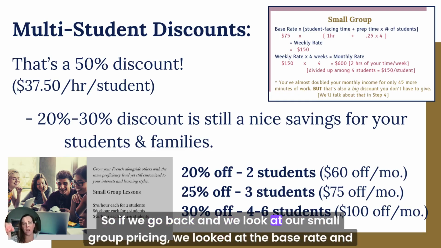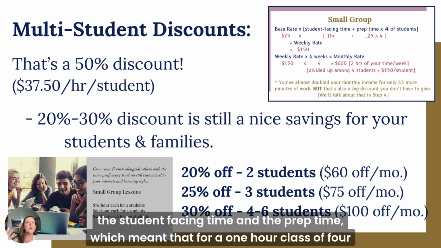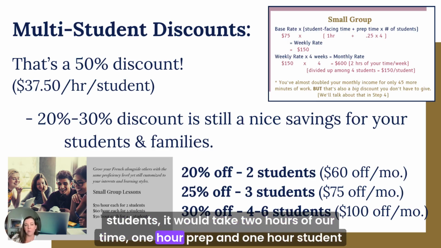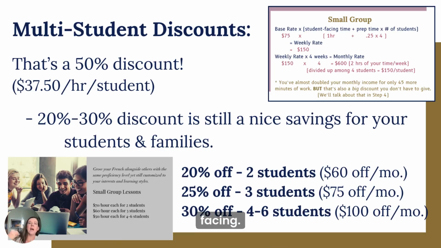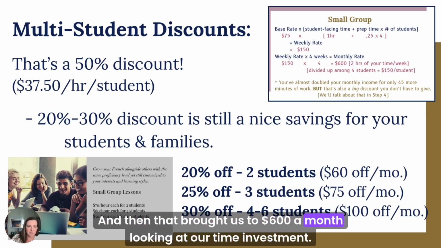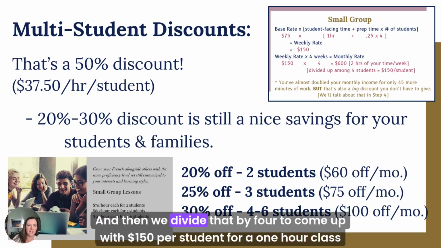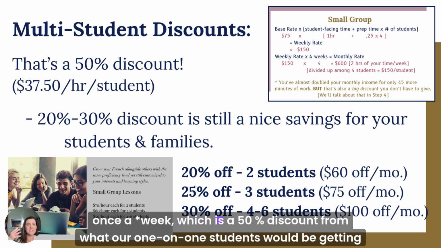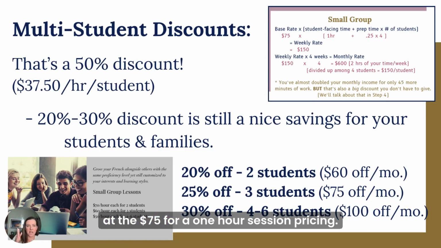If we go back and look at our small group pricing, we looked at the base rate and the student facing time and the prep time, which meant that for a 1-hour class of 4 students, it would take 2 hours of our time, 1 hour prep and 1 hour student facing. That brought us to $600 a month looking at our time investment. Then we divide that by 4 to come up with $150 per student for a 1-hour class once a month, which is a 50% discount from what our one-on-one students would be getting at the $75 for a 1-hour